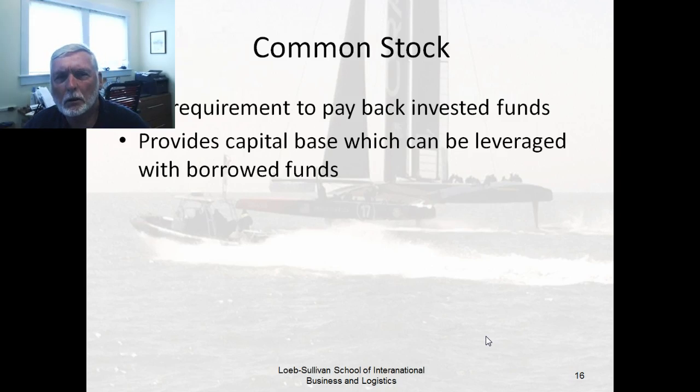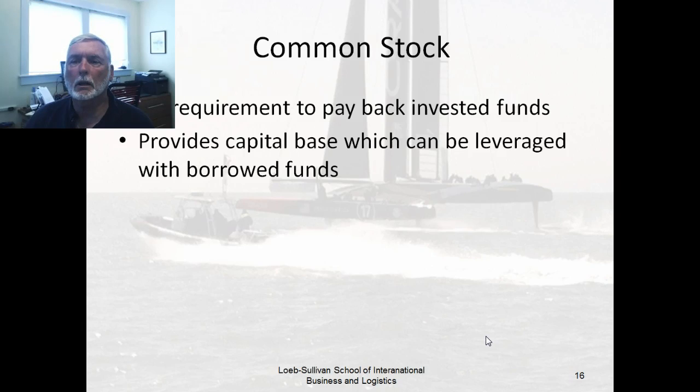We talked about capital and what it's from and what it's for and where it comes from, in terms of investment capital. So the advantage of equity capital is we never have to pay it back. The organization has no legal obligation to pay back money that's invested by equity holders. So that's a good thing for the company. It provides what's called patient capital or permanent capital for the organization.